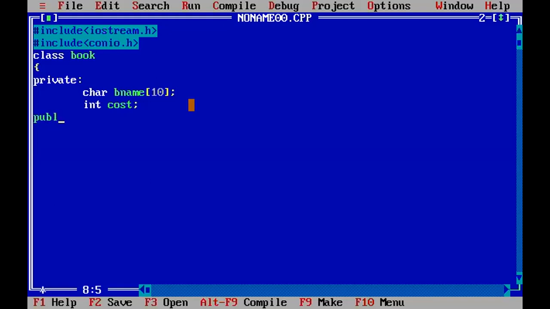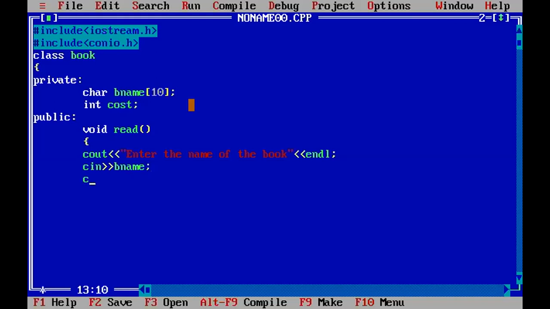So let me read this. I'm going to create a member function, that is void read, this one member function which will read. I'm going to give a message called enter the name of the book. Put endl so that your cursor will be moved to the next line and read this. The data member that I have to read is the book name, B name.